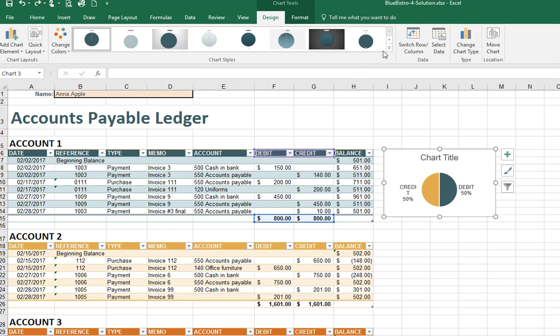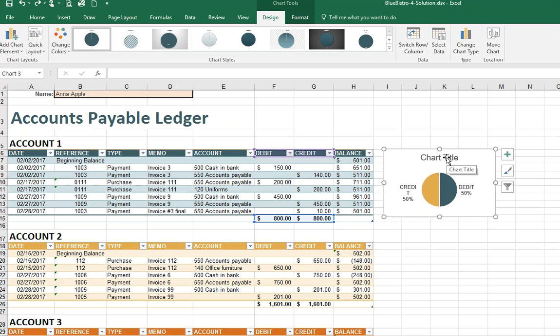Well, how do you know what is selected? You may not have ever realized this, but you know what's selected by the dots. These are the sizing handles, these dots that are around whatever you have selected. The reason that's really important in any kind of chart that you have, bar chart, line chart, pie chart,